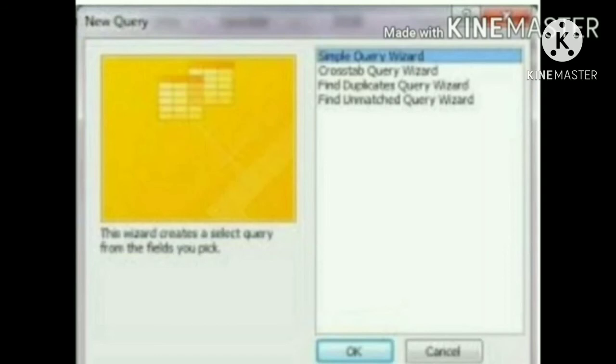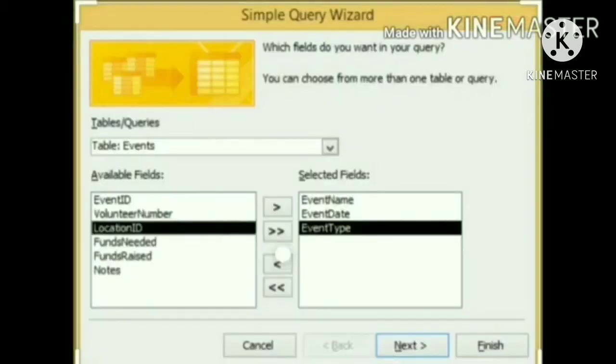Fourth, press OK in the above screen. On doing so, a dialog box of the Simple Query Wizard appears on the screen. Fifth one, now click on select the fields to retrieve. However, pressing this selects all the fields of the parent table as the fields to select. This is helpful if we need to retrieve almost all the fields. Then we have to deselect some fields one by one from the right side.